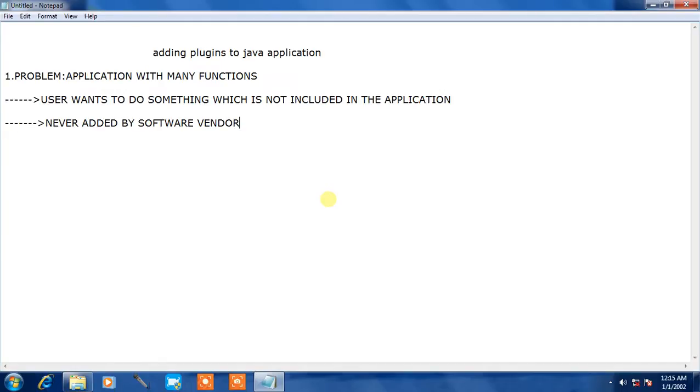How to solve this problem? Here we have two important solutions for this problem. Let us discuss the first solution. Solution 1: one solution might be to export the data, then work with the data on some different application which provides the desired functionality.